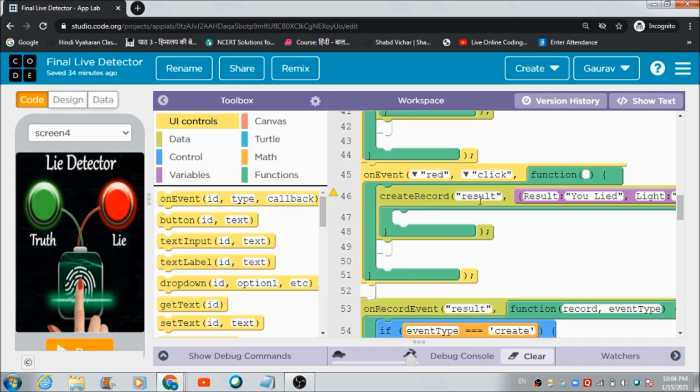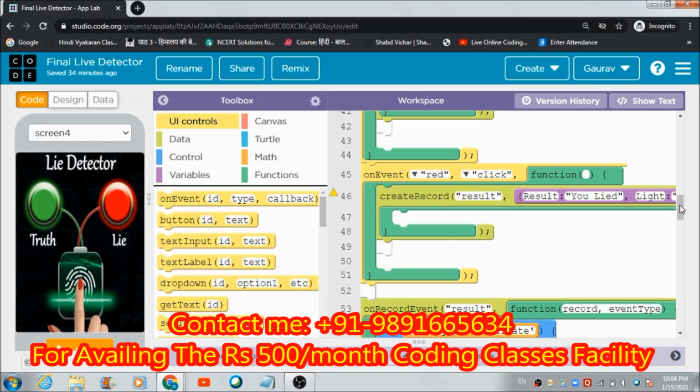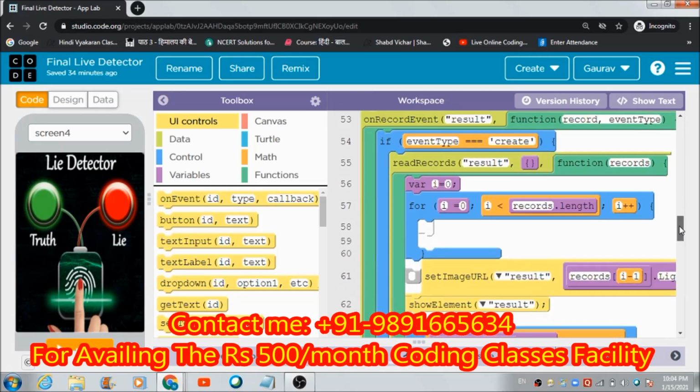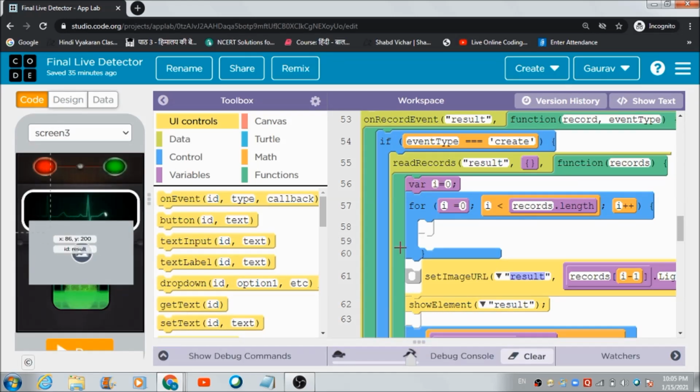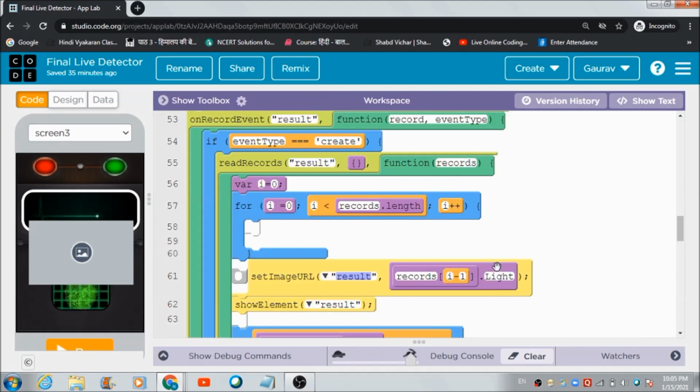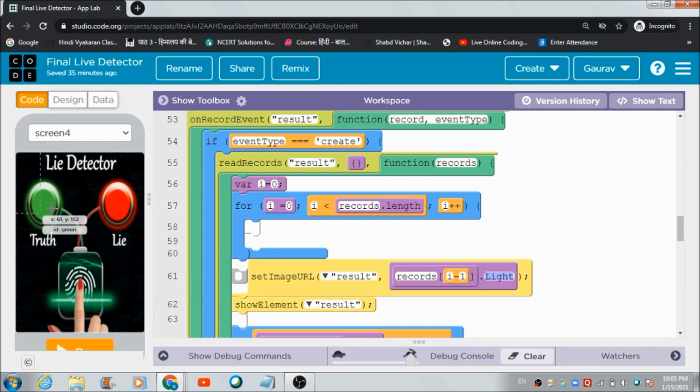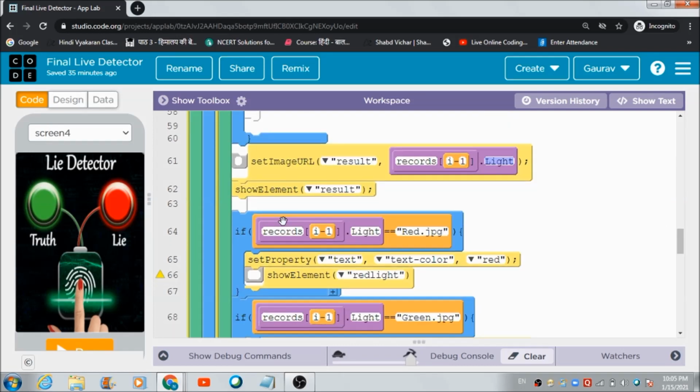Automatically a table-like structure is going to get created on the data browser connected to this app, and at the same time this whole code will also be fired by this platform, because of which the image you're seeing on this users panel will be set. So if it is the green button which the user clicks, what is going to happen in this image?